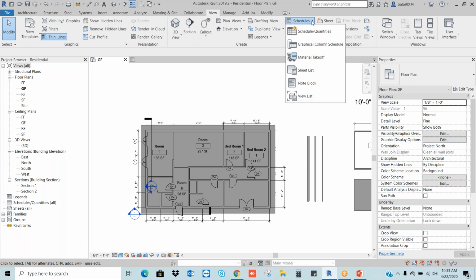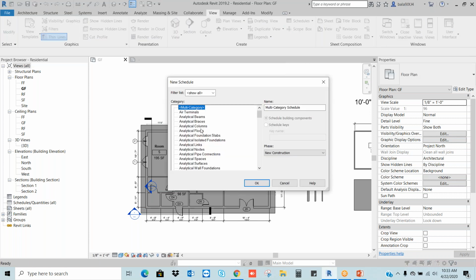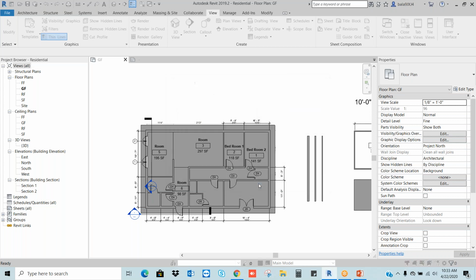Now I want to know how many doors I have in my project and what the different sizes are. I will go to Schedule/Quantities. Here I want to create the BOQ for the doors. What I do, I will select Doors here. These are all categories. I will select Doors and OK.